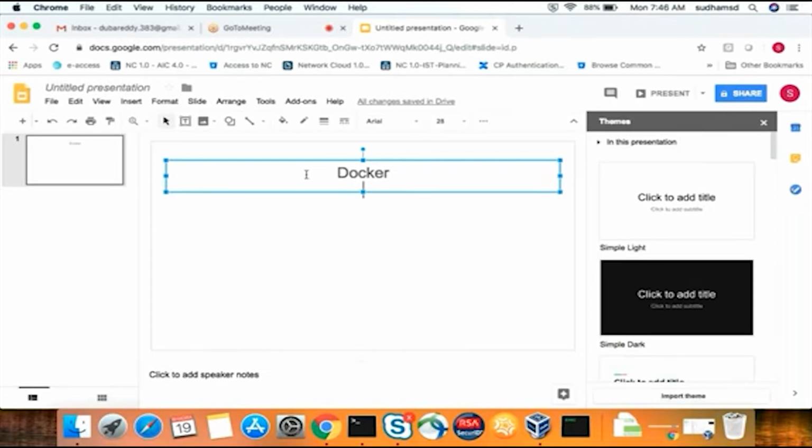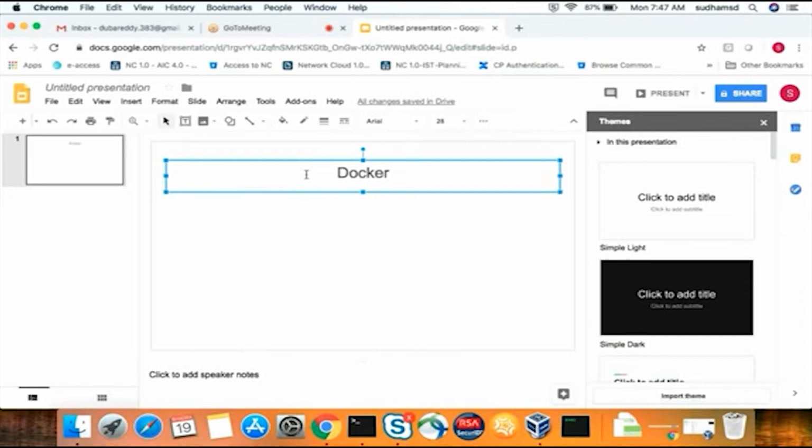And how to build our own customized images, there are multiple ways. One is converting your container into an image. What an ISO is, in Docker it is called an image. In container technology, if you want to create a virtual machine or a physical machine, you need an ISO to install an operating system, right? In the same way, if you want to create a container, we need to have an image. An image is a lightweight bundle which contains the minimum required libraries and binaries for your application to run. I will tell you that later.